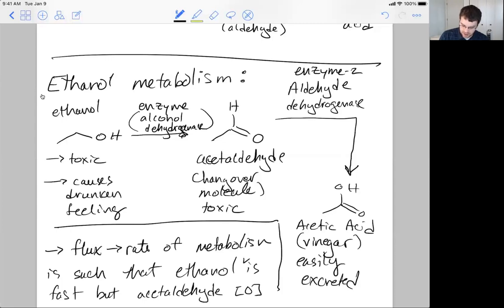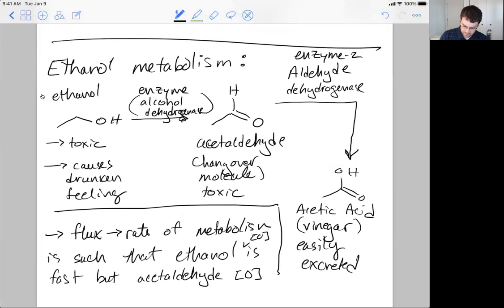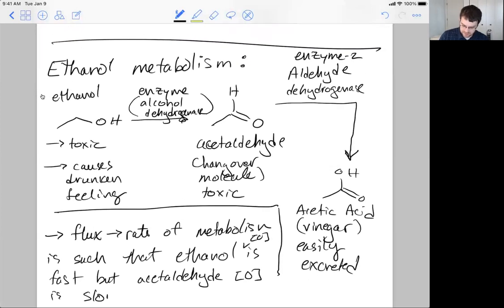Now, it's kind of funny. Humans can actually process ethanol fairly quickly. We have a lot of alcohol dehydrogenases. In some parts of the world, people have more than others, and they're able to process the alcohol even more quickly. But then the aldehyde dehydrogenase, we don't have as much of. It's a bit slower of an enzyme. And as a result, acetaldehyde sits around in our body for a while before it's fully oxidized